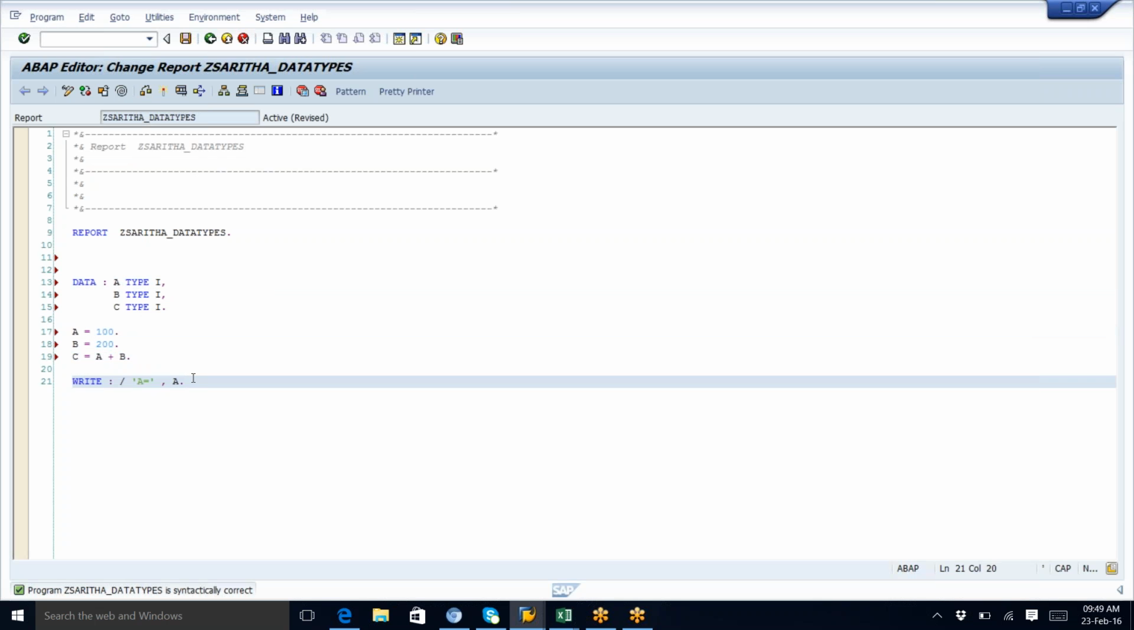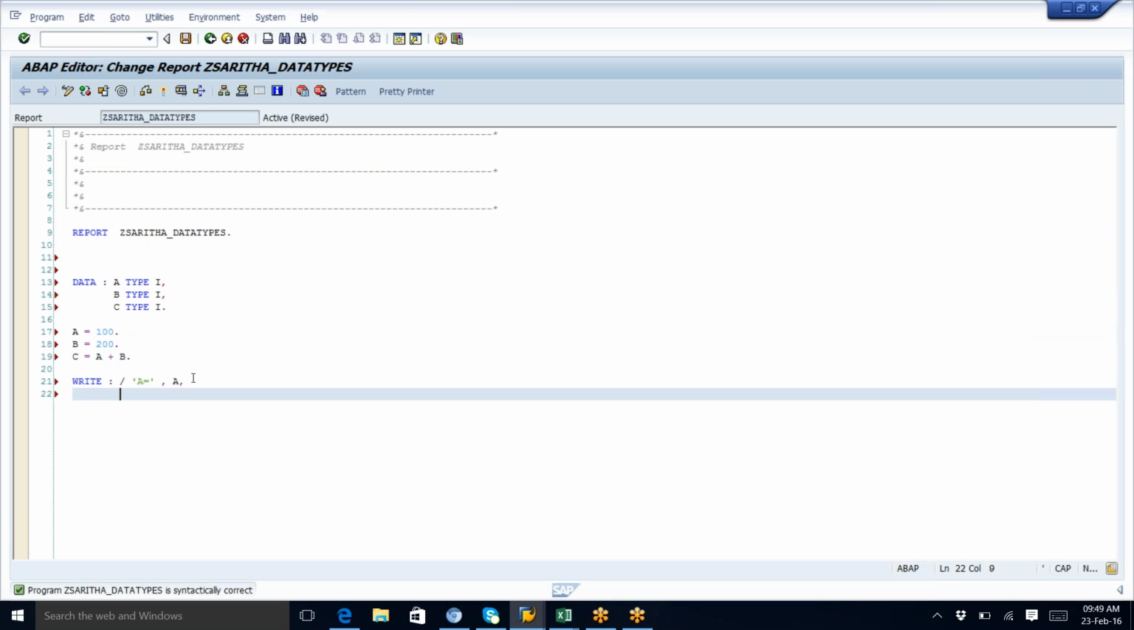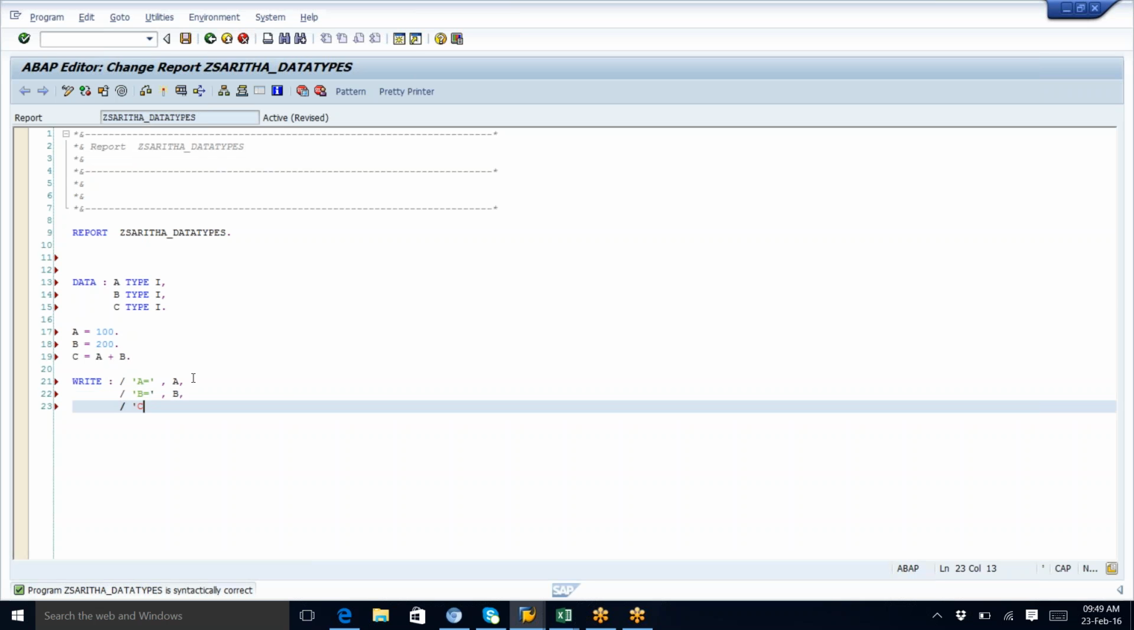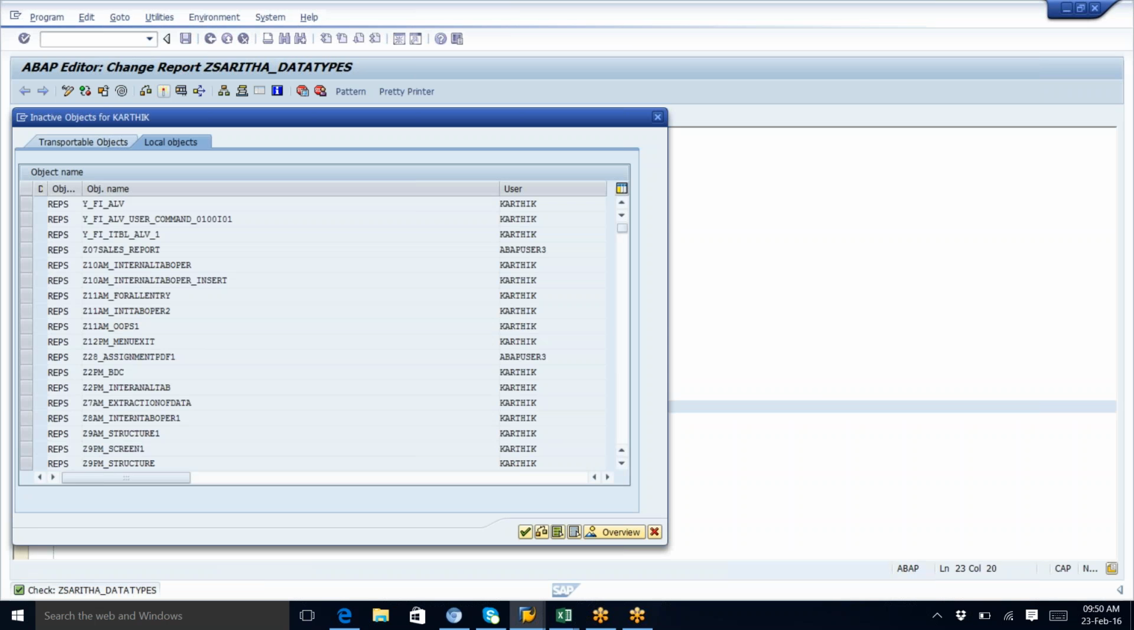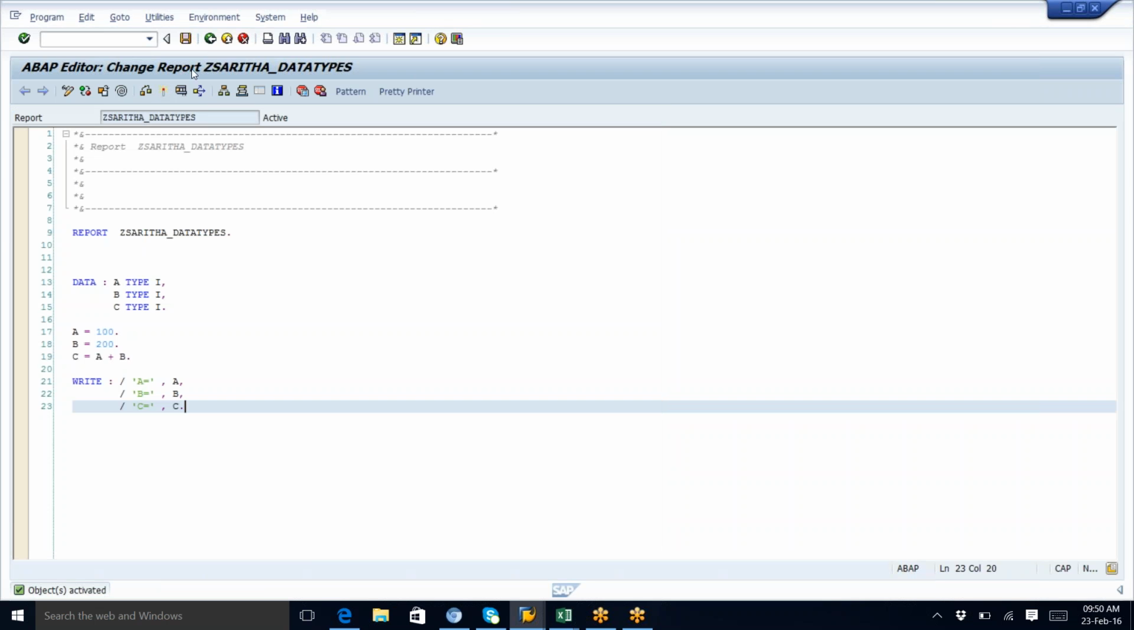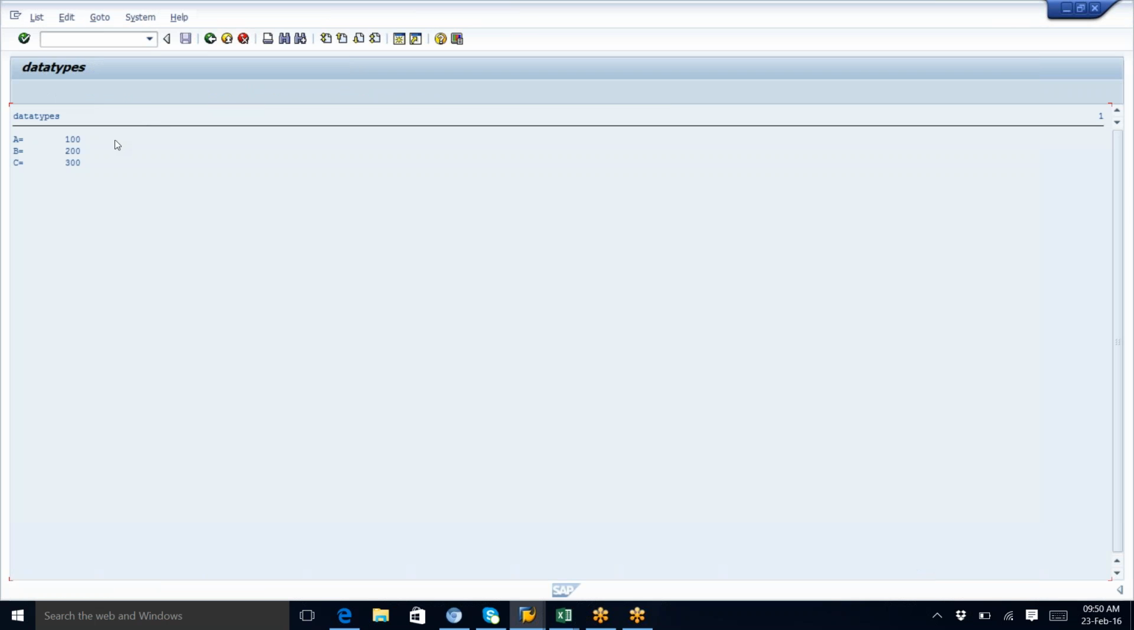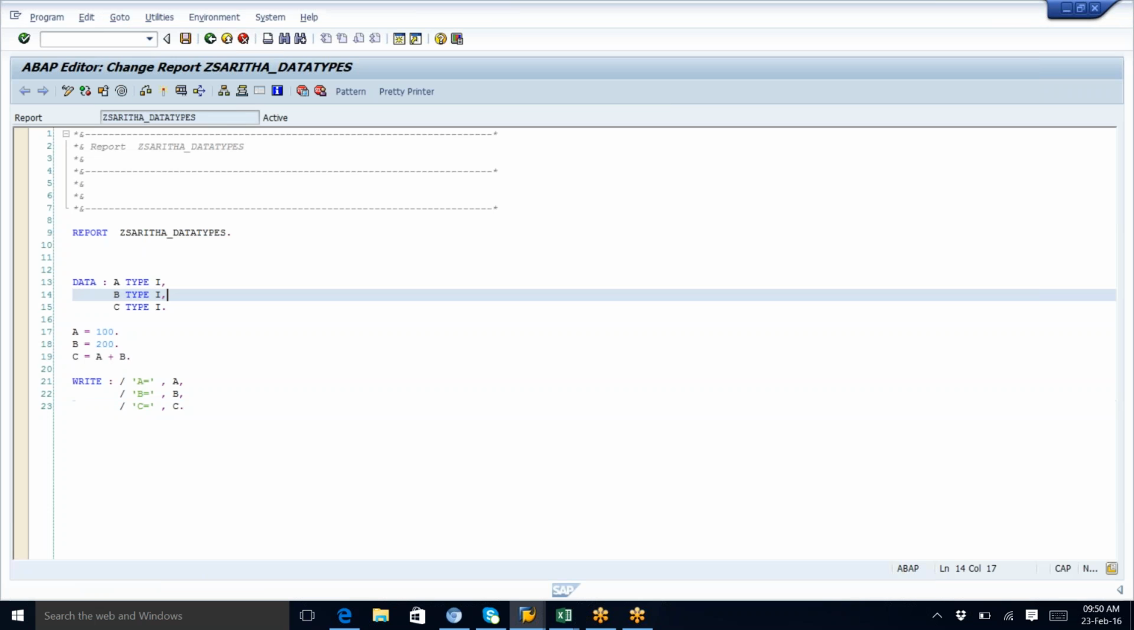Okay, comma, B type B and C type C is equal to C, like this. Now activate it. So when I activate it, it prints A equal to 100, B equal to 200 and C equal to 300. Okay. Now suppose if I say B type C,